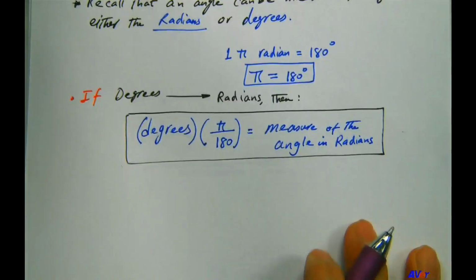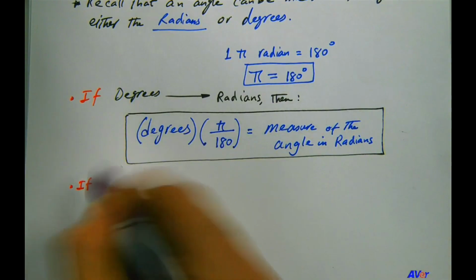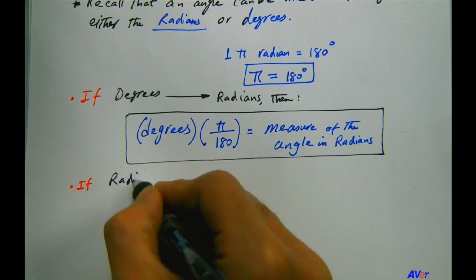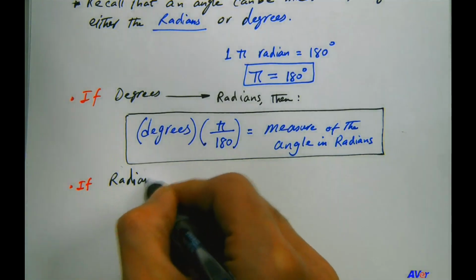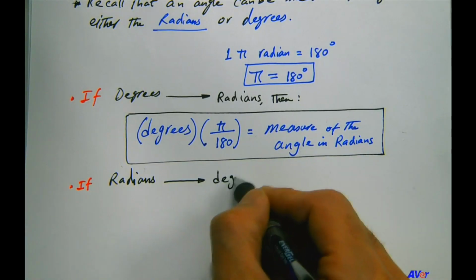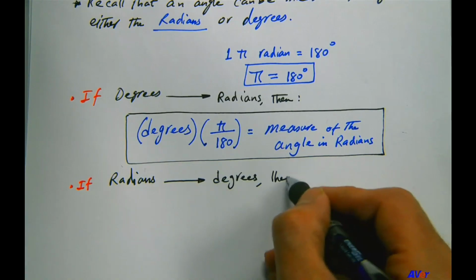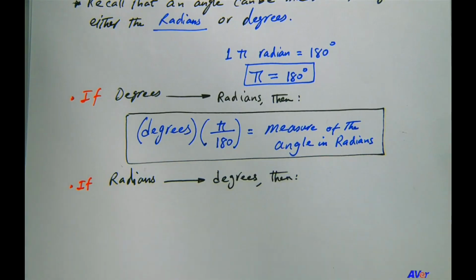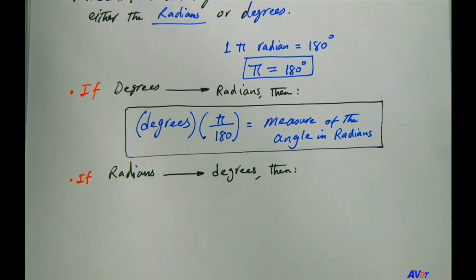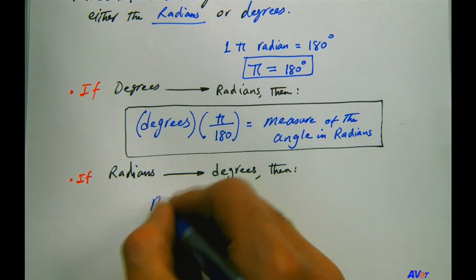Another case is when, of course, we're going from radians to degrees. If that's the case, then, what do you think? How will the formula work in this way? Well, we take the angle that has been given to us in radians